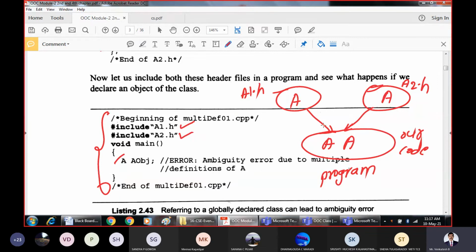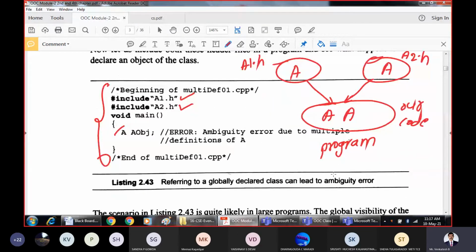This is called name clash or collision or ambiguity. Though they are present in two independent header files, the names are the same.